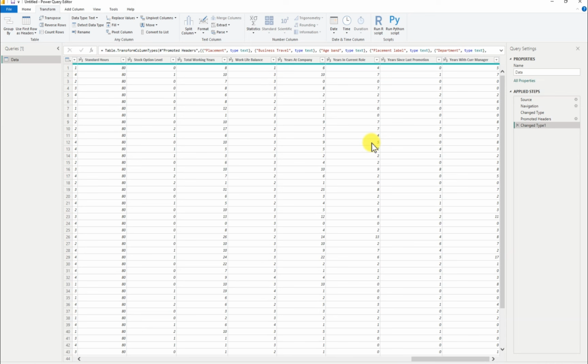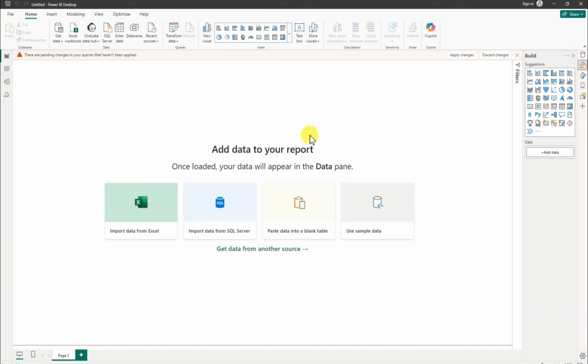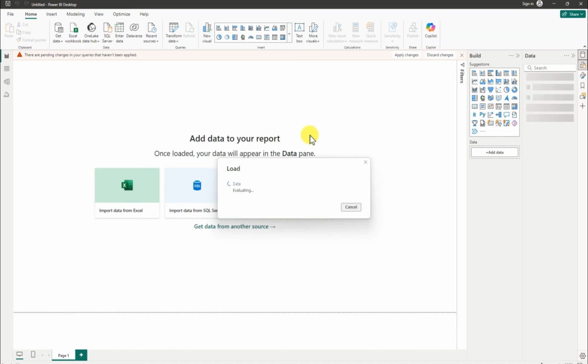The next thing we are going to do is go back home. From the home tab, we are going to click close and apply. We don't have any other thing to do there, so that is the only transform. I think we have to go back. We have some unwanted column. Let me see if we have removed it. If we have not removed it, when the data fully loads, we'll go back there and remove the